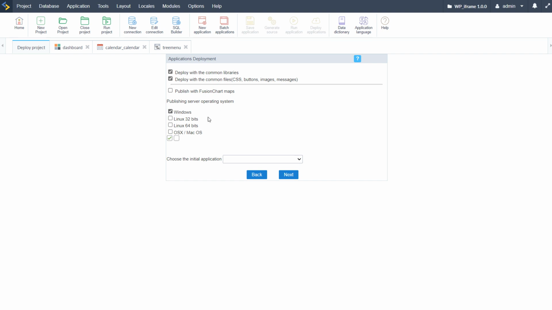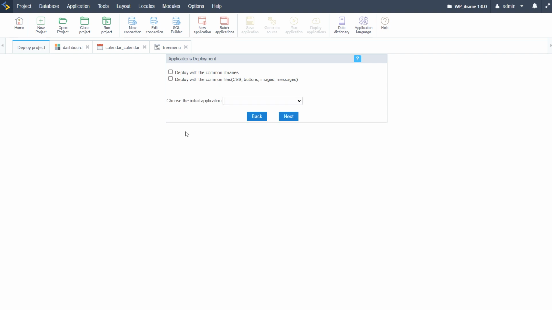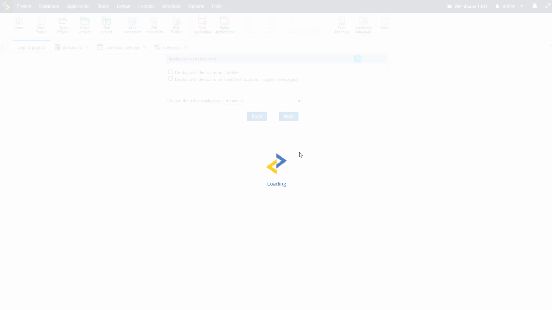I'll choose Windows again. We also don't need to deploy the common libraries or the common files again, because we have already just deployed the same project and made no other changes. We have not added any libraries. We have not added any buttons or CSS styling within Scriptcase. We have not added any images or messages. We really just want to change here the initial application and choose next, as well as deploy the applications that